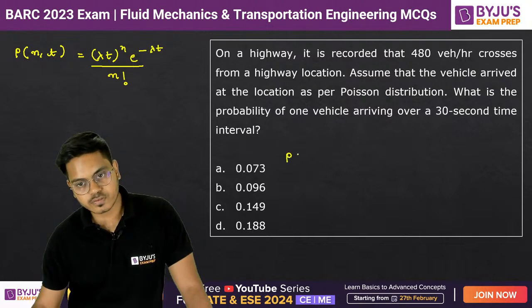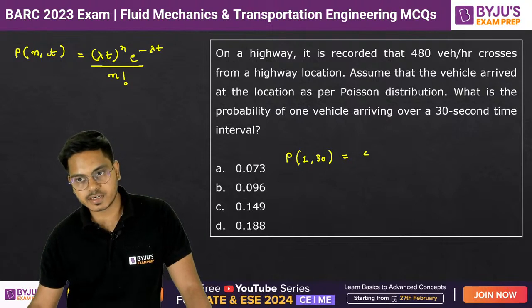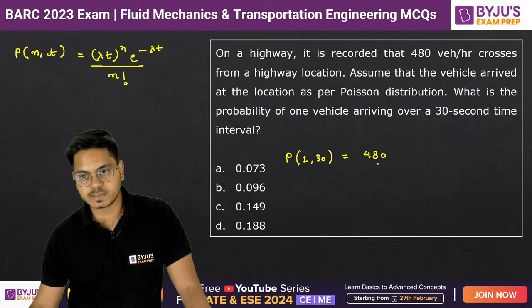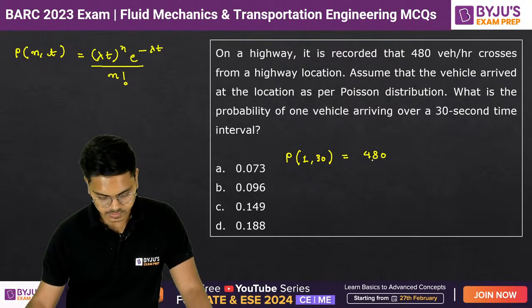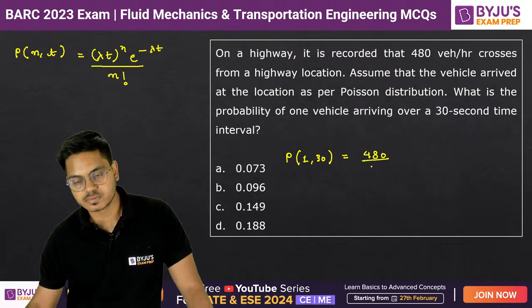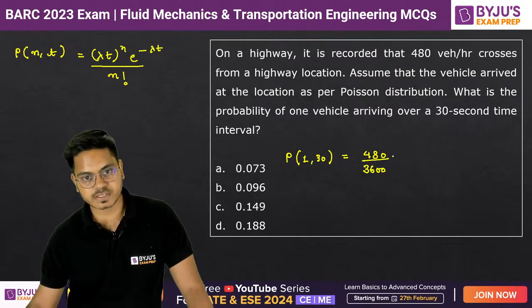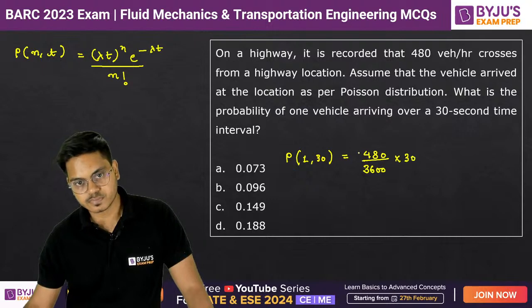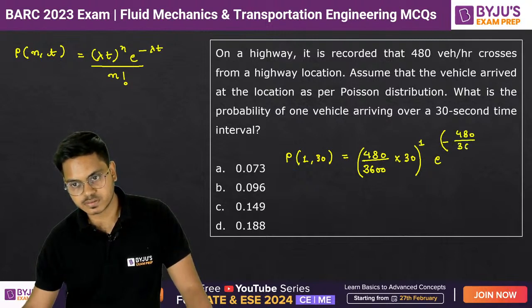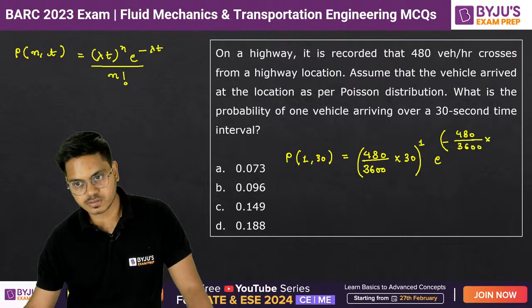So probability of one vehicle crossing in 30 seconds will be with lambda 480, right? But it is vehicles per hour. We need to convert this into seconds. So 480 by 3600. Now it is in vehicles per second, into 30. Lambda t power 1, because one vehicle, e raised to the power minus lambda, which is 480 by 3600 into t, where t is 30,